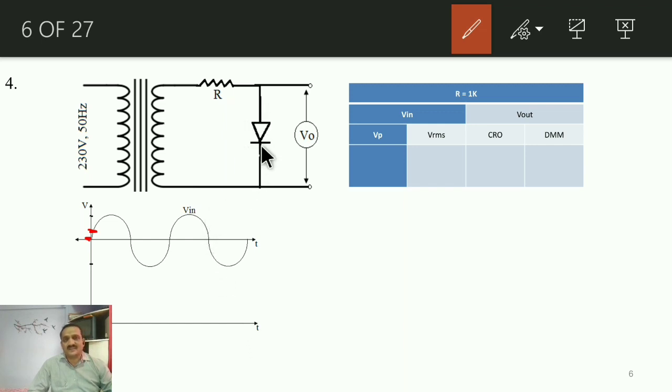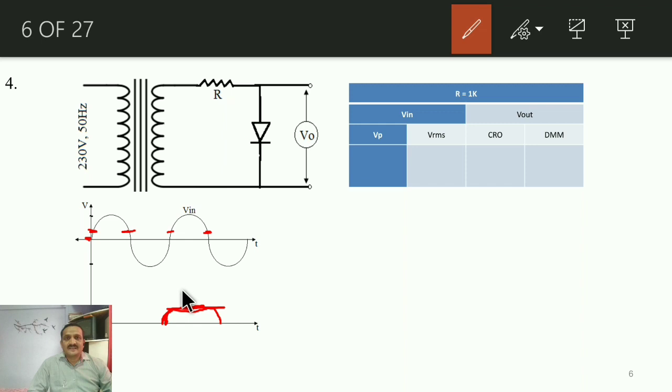Until that diode again gets turned off. Whenever the input signal again goes to 0.7 or below 0.7, immediately the diode will turn off, and the output again will start to follow the input. So I will show the nature of the output over here. If this is 0.7 volt amplitude, the nature of the output will be like this. The output will follow the input, later on it will remain constant at 0.7, and again the output will follow the input like this. So just think over it, again try to observe on the CRO, and measure its value using the DMM.